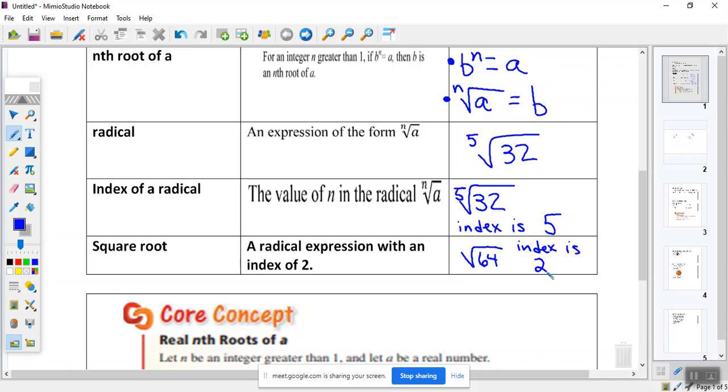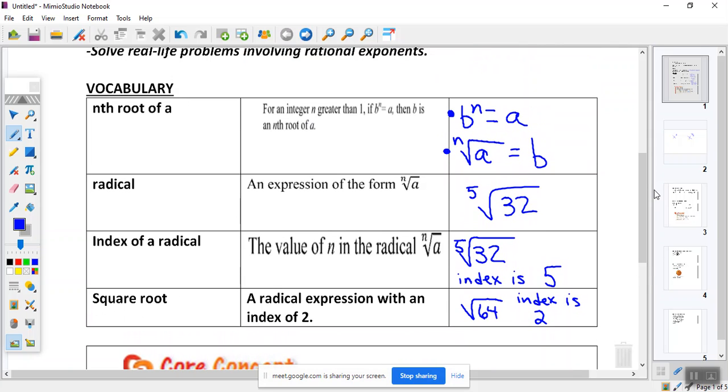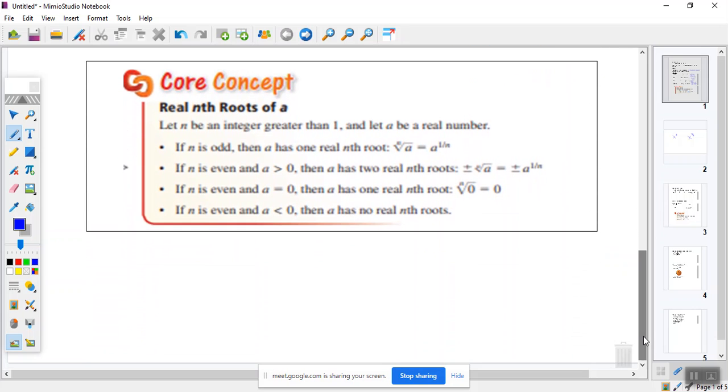All right, so there's a core concept here that we'll talk about. We're not going to, and you can refer back to it. We'll read through this here, and I think this will make total sense. I think vocab-wise, if you're okay with the vocabulary today, I think this is going to make total sense. So are you guys okay with these examples over here as they relate to the definitions? Okay, so let's chat core concept. Okay? This is just talking about nth roots of an integer. Okay? It says let n be an integer greater than what here, kids? 1, and let a be a real